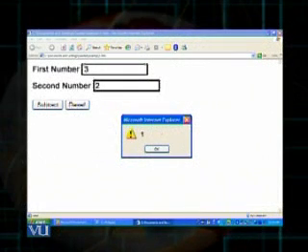In case the first number is greater than the second number, as you can see 3 is greater than 2, then the statement which is after the keyword else would be executed, and the subtraction accordingly would take place, and the result of this subtraction, which is 1 in this case, would be shown in the alert box as you can see before you.